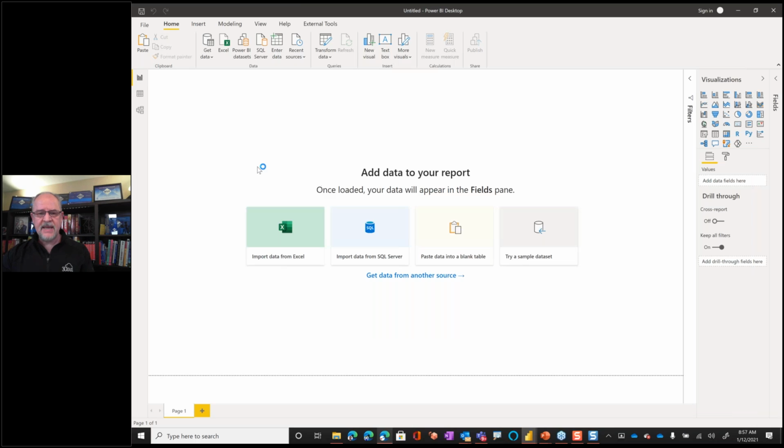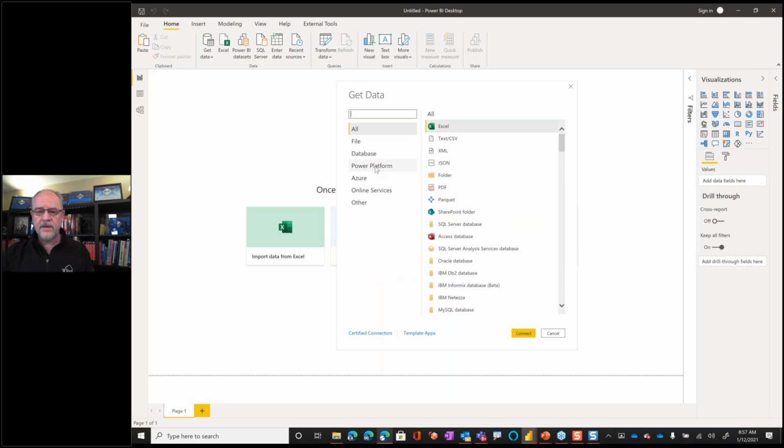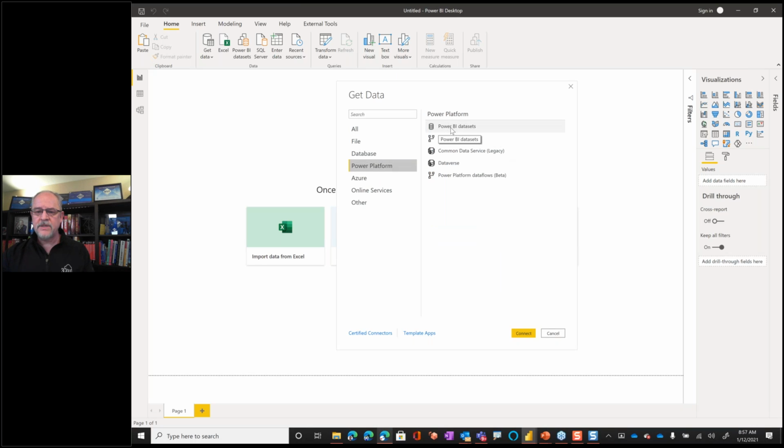So I'm going to choose Get Data. And eventually the Get Data dialog will open up, and I'm going to say I want to connect to a Power BI data set.